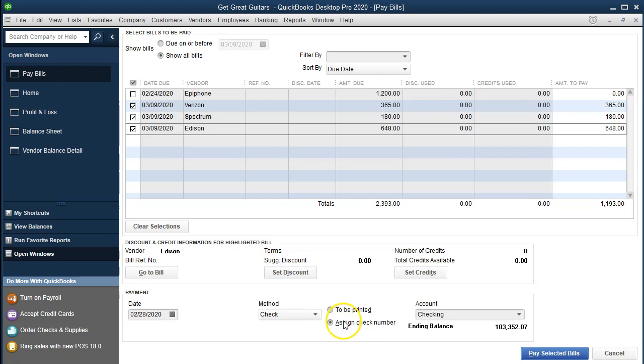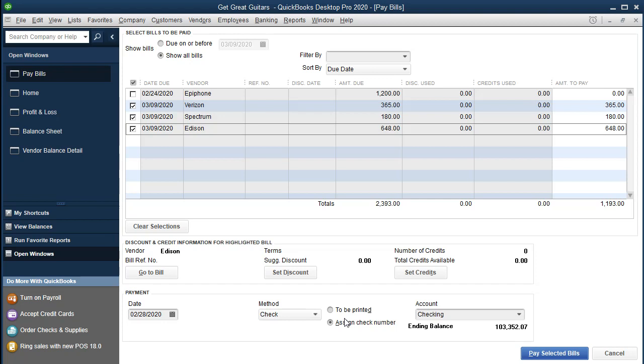Now note that we could basically print the check if we had the checks to print, and this would be a great system to use because we can easily enter the bills now, check off the ones that we want to print, and then just take the pre-formatted checks, because we still have to buy the checks, put them into the printer, and then it'll print the data on it. It won't have the check numbers, which need to be on the pre-printed checks in order to have that internal